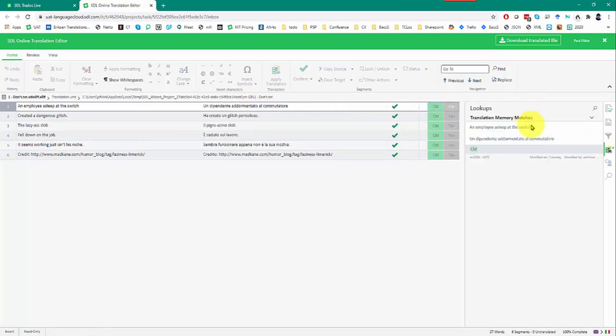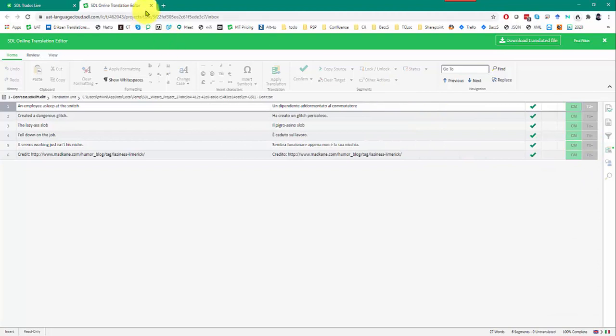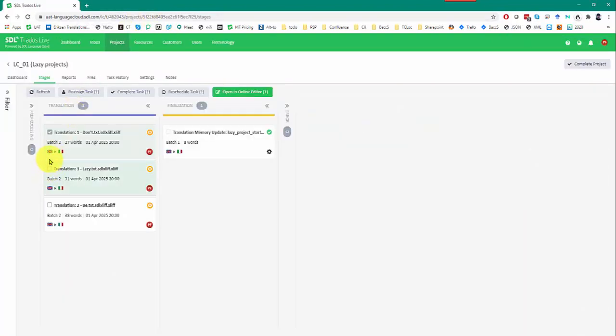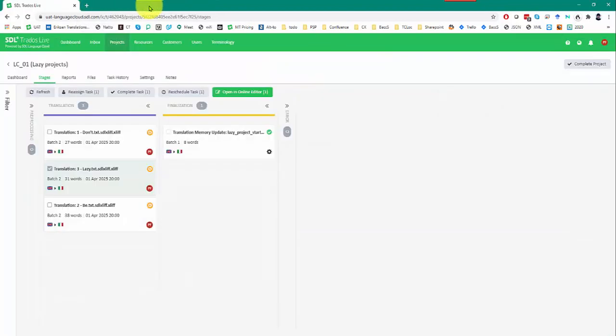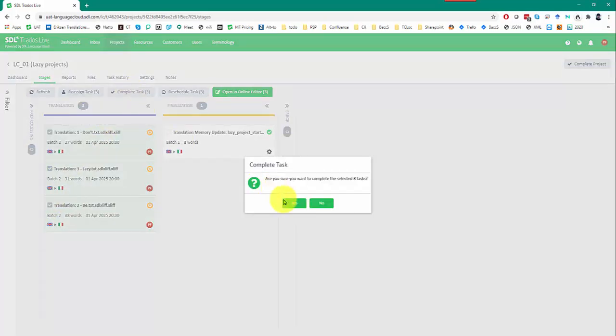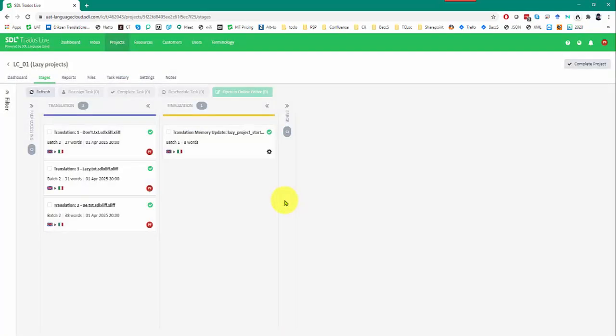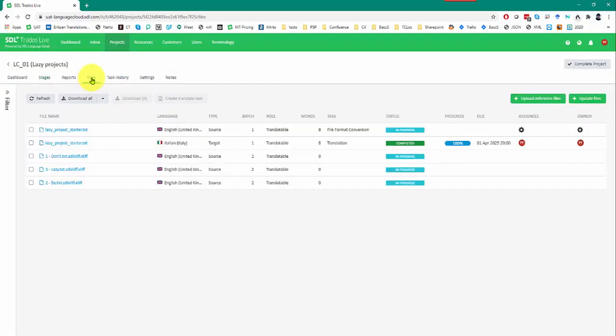I'm getting little matches and things over here in my translation memory window. So all the files will actually be like that. If I was to click on them all and take a quick look, I can see that they're all done. So what I will do is just click on all of my files, complete the tasks. And then if I go over to my files view, actually I could have completed them from there as well, and I take just the ones I needed, these ones here,